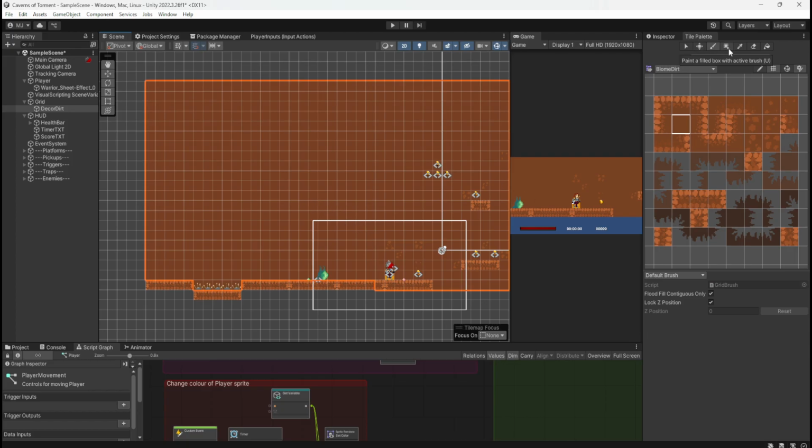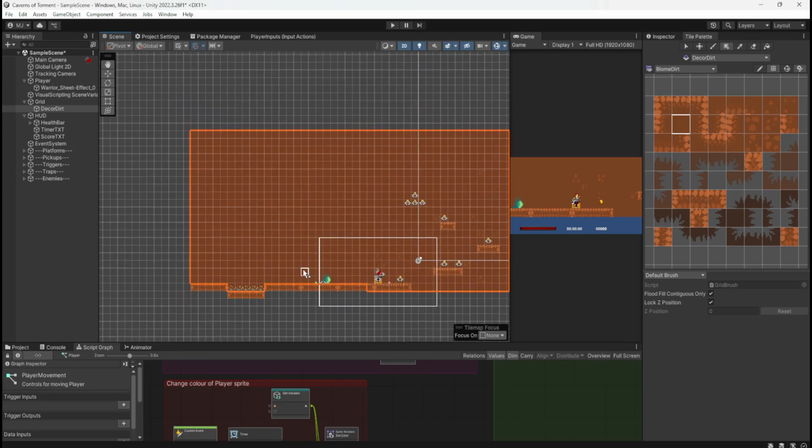So I've got paint a filled box with active brush. Oh. Yeah, but it's quite therapeutic doing it square by square. I know that's quicker, but it's not as fun, let's be honest.